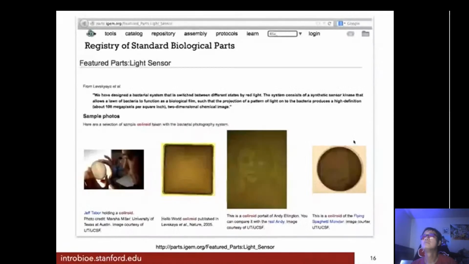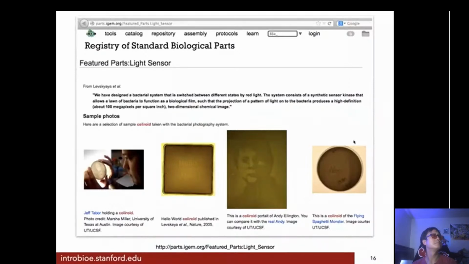Then I would need, what else? I need a sunlight detector. And earlier in the class, we were talking about the edge detector, based on collecting light patterns and then determining where the boundaries in those patterns are. Here's earlier work leading to that by Jeff Tabor, Chris Voigt, Andy Ellington, and Sam Laskaya and colleagues.